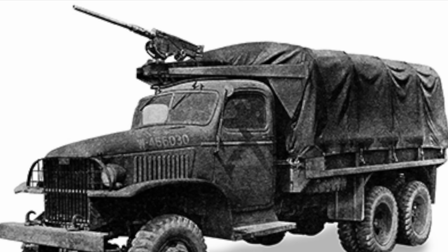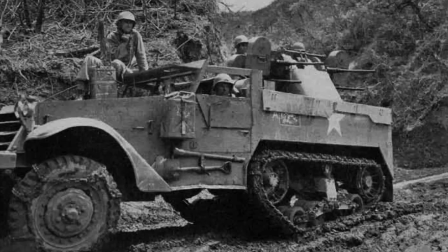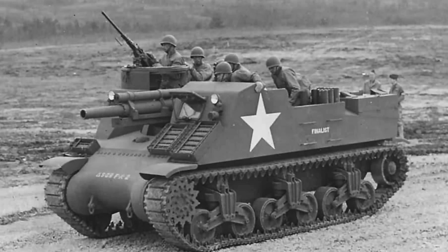It's an insane number of guns, and the US doctrine was, we're basically going to put them on anything that can hold them. We're going to put them on trucks, we're going to put them on tanks, we'll put them on some Jeeps, we'll put them on half-tracks. We'll put 4 of them together in a big mount, put that on a half-track or on a trailer. It's like Oprah just handing out 50 cal machine guns to everyone who could conceivably use them. And that's why you see the M2 everywhere, and you don't see a lot of these other 50 caliber guns